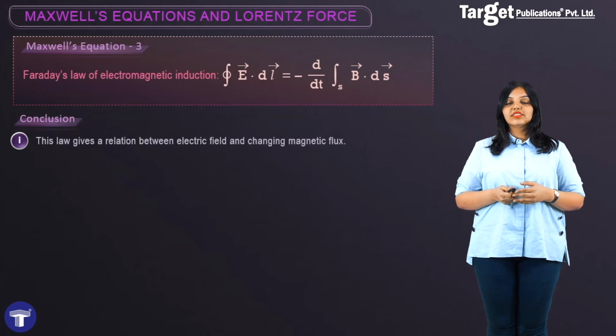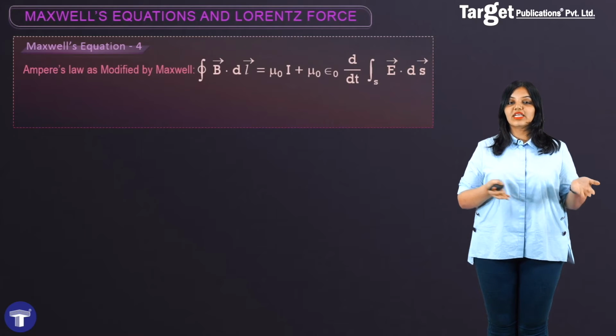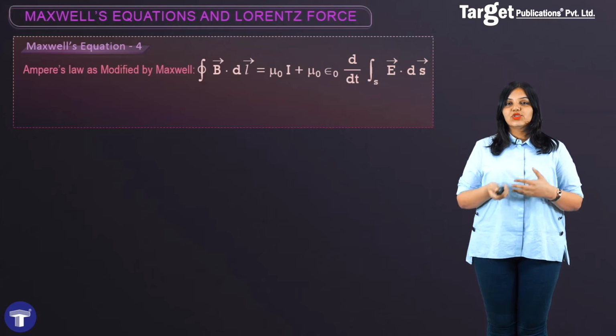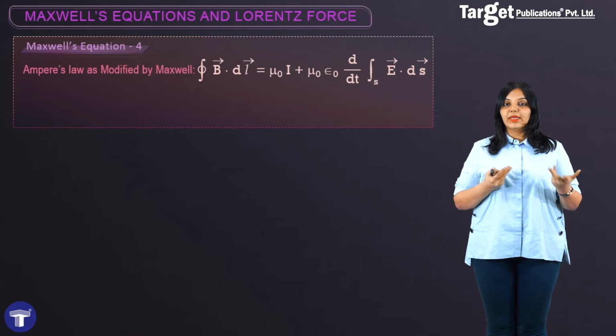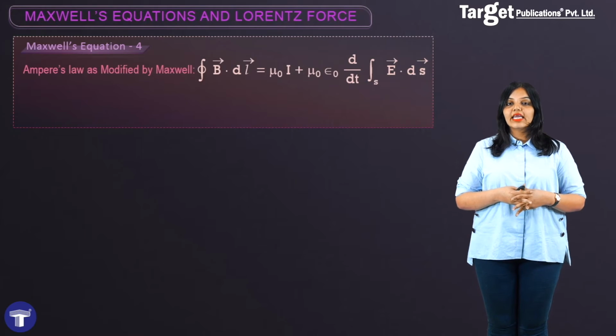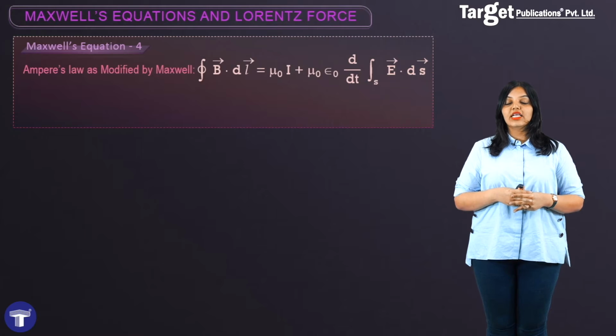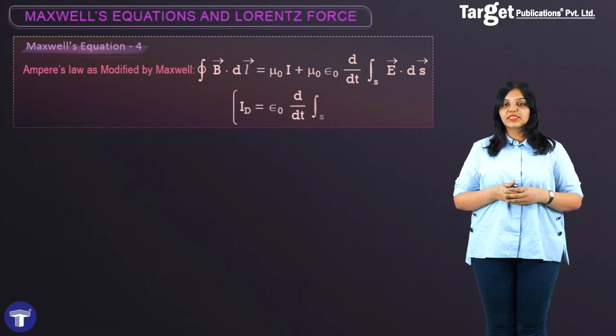The fourth Maxwell's equation is the Ampere circuital law, which was modified by Maxwell and is hence also sometimes known as the Ampere-Maxwell law. As you can see, one side of this equation is nothing but the line integral of B, that is B dot dl, and the other side is mu naught, and you have I and you have I_D as well. So the first term has the conduction current term and the other is the displacement current term,